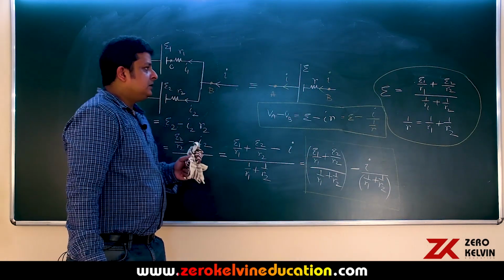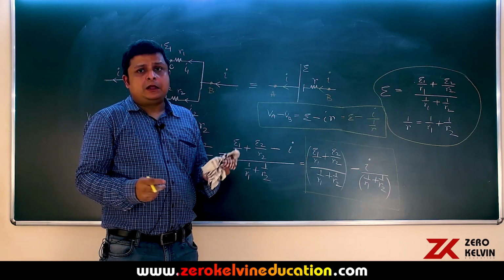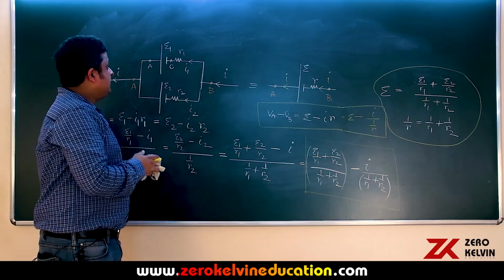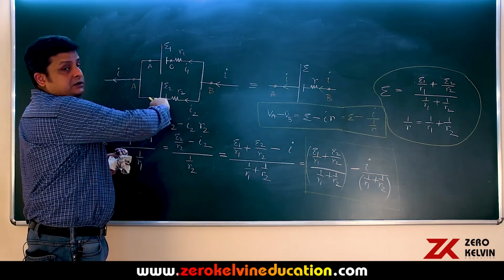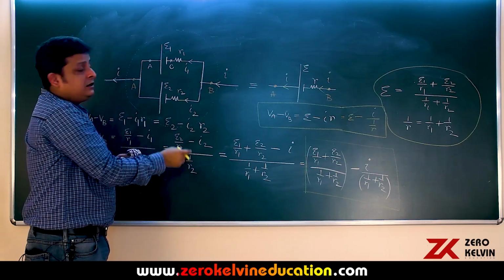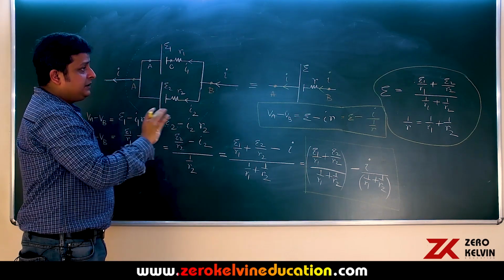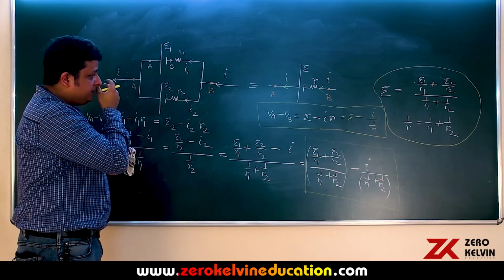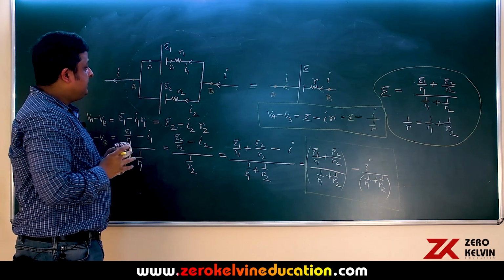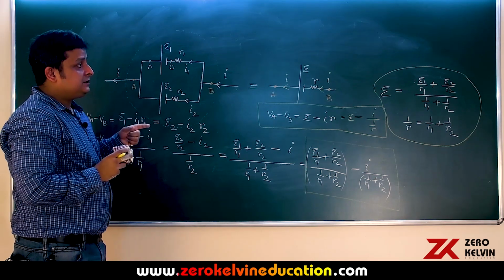Okay. So, this is for two cells in parallel combination. Now, if it happens that instead of the plus side toward the left, the plus side is towards the right and the minus side is towards the left, then the formula will change. What will happen? Only you have a negative sign. So, in place of E2 you have to substitute